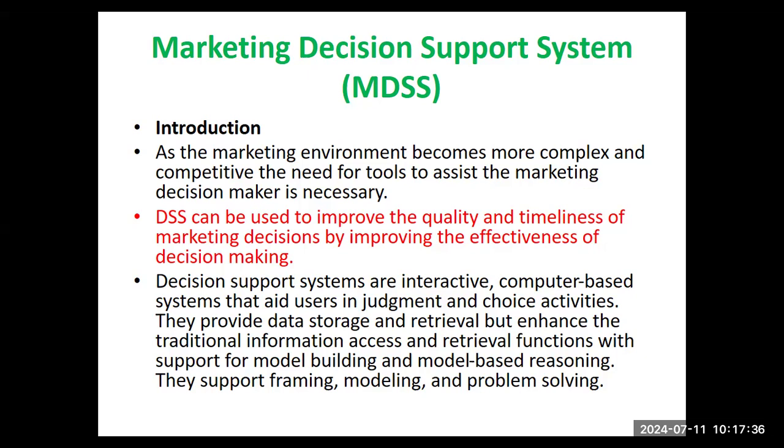Say, for example, a telecommunication company. You all know that different telecommunication service providers are available here. These companies can use the decision support system to build predictive models. Predictive models means they can predict the customer's behavior. So these companies can use the decision support system to